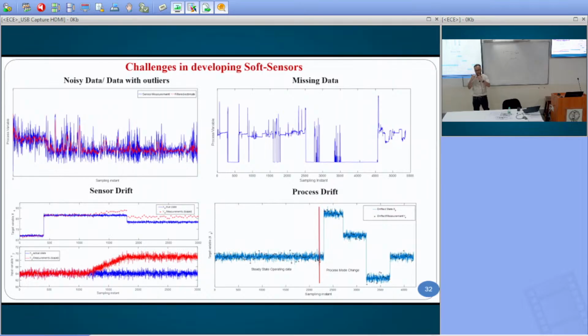Like you use 3 sigma outlier detection, and for missing data you try to impute the missing data values. But can we handle it in a more elegant way? Can we do that data pre-processing in a more matured, better way? So one can do that by formulating your regression problem. Regression is a deterministic problem. Can we formulate it in a